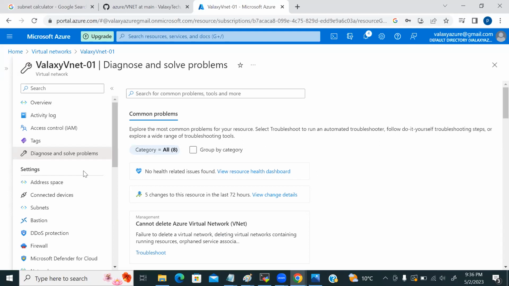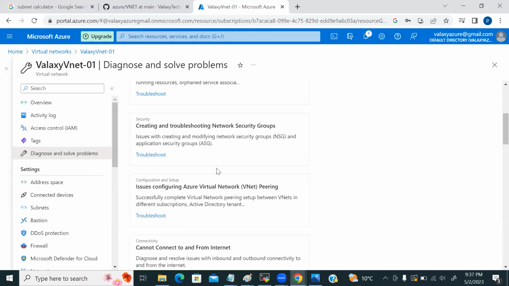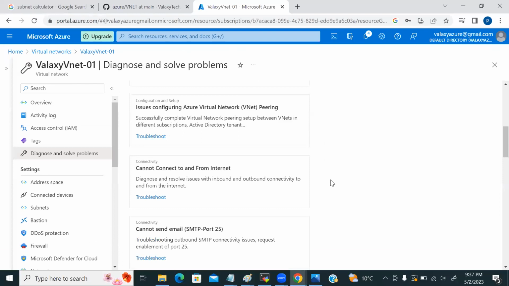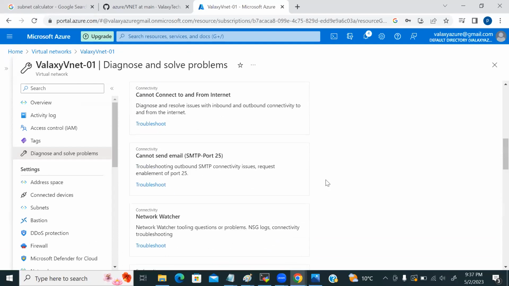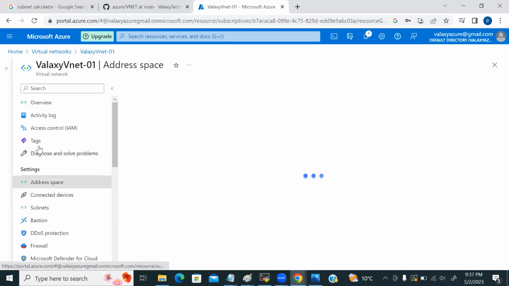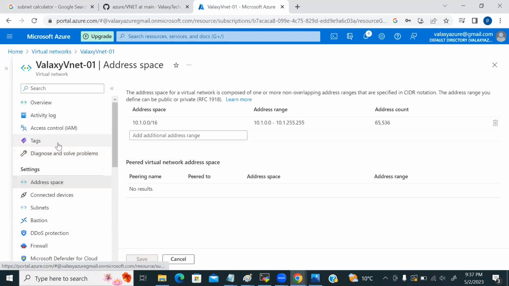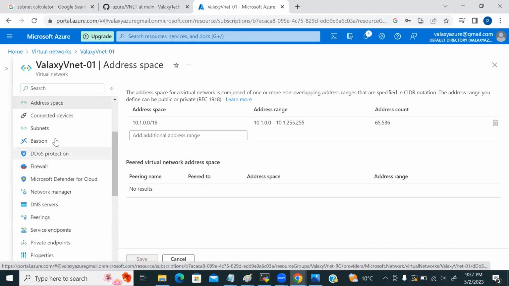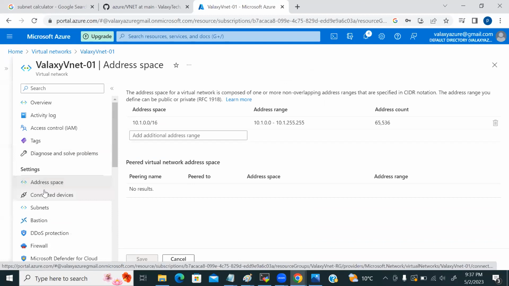Based on how they provide solutions, they provide a self-diagnostic system to diagnose and solve problems. Here: creating and troubleshooting network security groups, issues configuring an Azure virtual network. Maximum issues we can resolve with the help of this Diagnose and solve problems. And these four are common for every resource,